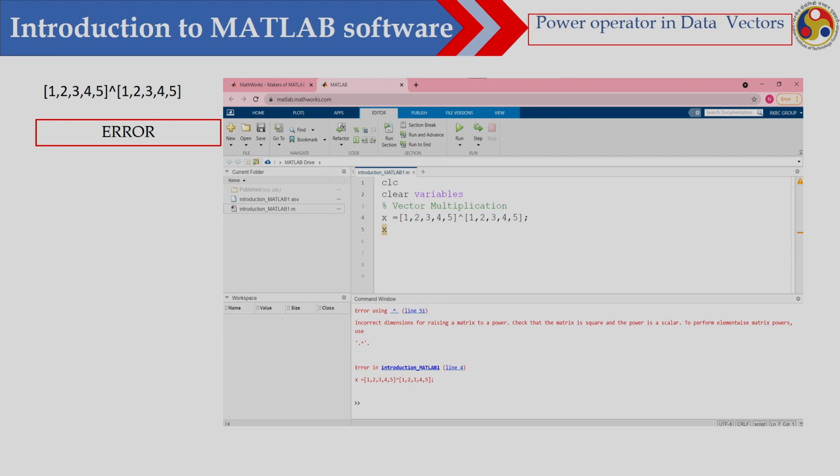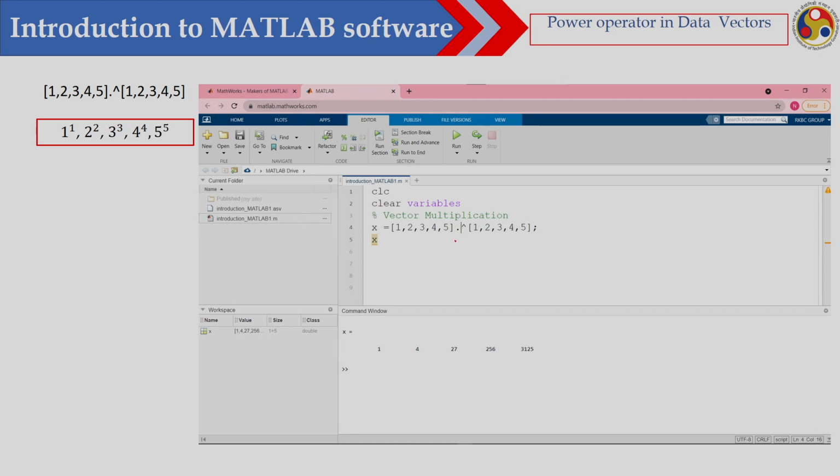Now, if you want to calculate the power, okay, so here what I am looking for is 1 to the power 1, then 2 to the power 2, 3 to the power 3. So, in that case you can use cap, but you have to use a dot sign also. I have not used it here. So, therefore, I am getting this particular error line. Okay. So, this particular error I will get, but if I put this dot,